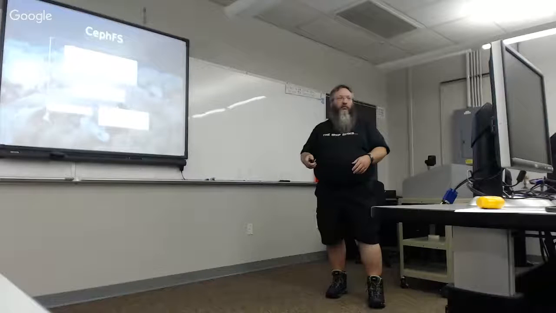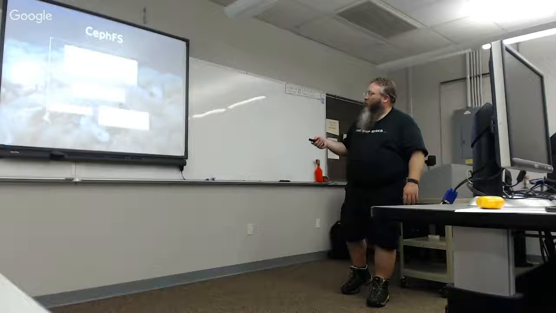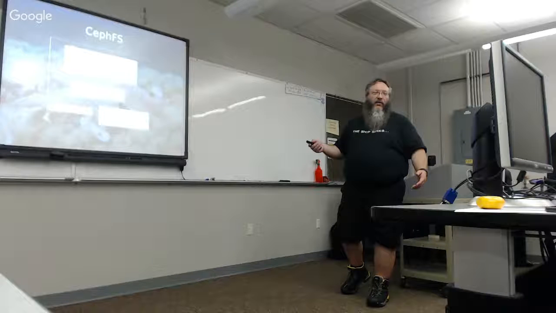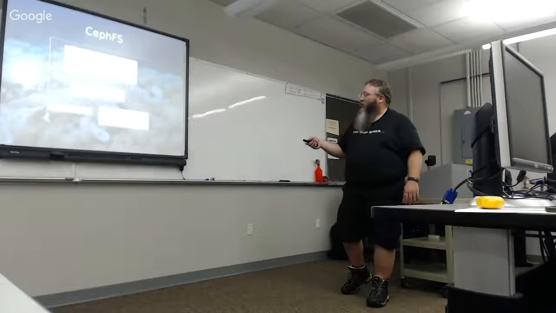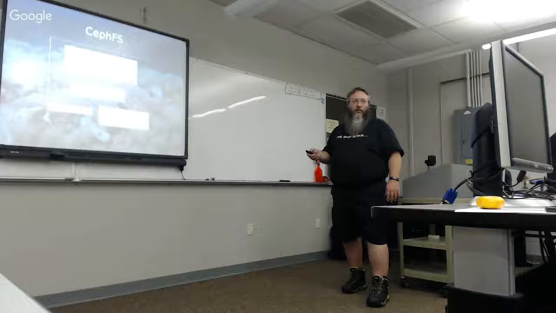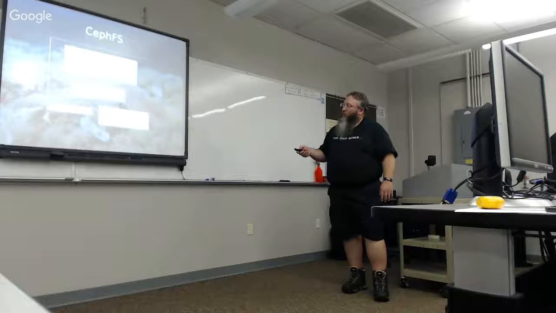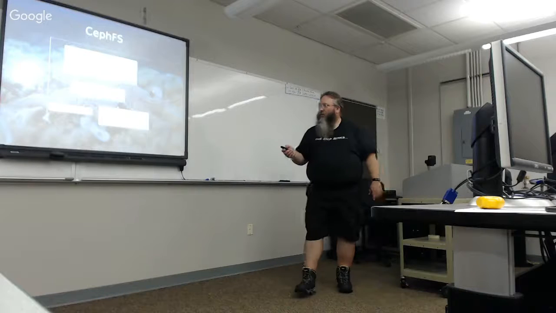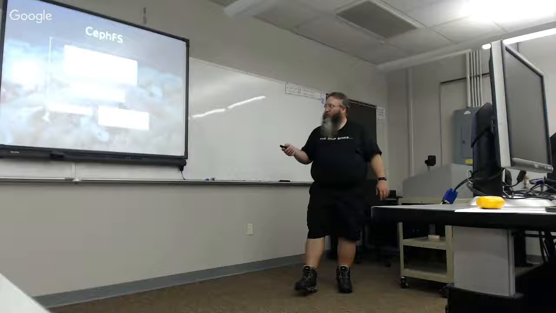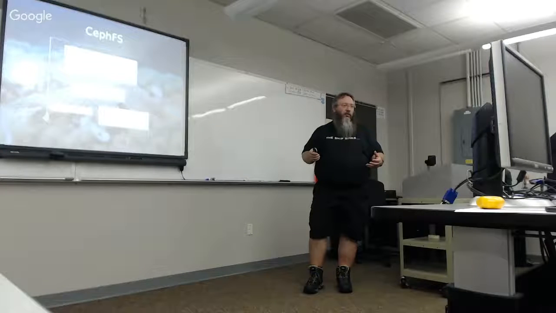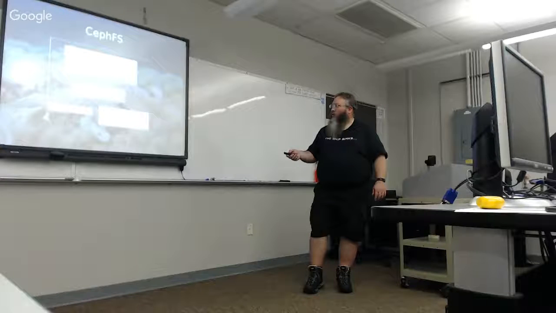But when the client needs actual data from the file, it says, okay, yes, here's my file. It gives it all the objects that the data is in, and the client talks directly to them. The metadata lookups can be a little constrained sometimes because you've got this one process you're trying to talk to. But once you've got your metadata in terms of directory structure, it's pretty fast. And then these will talk with the monitors that keep everything updated.